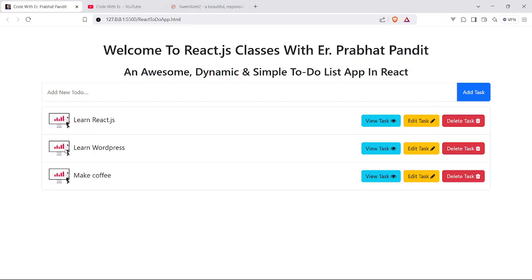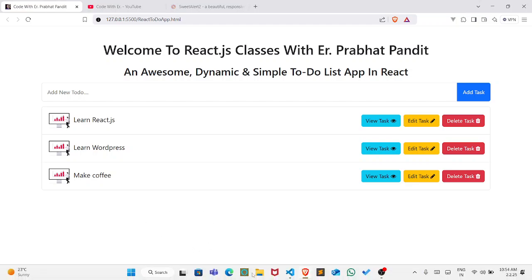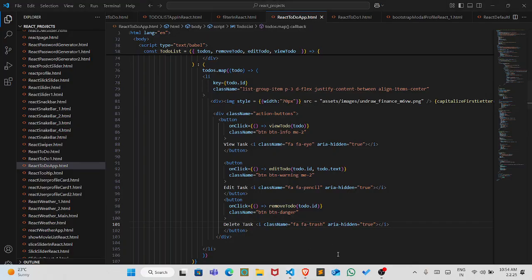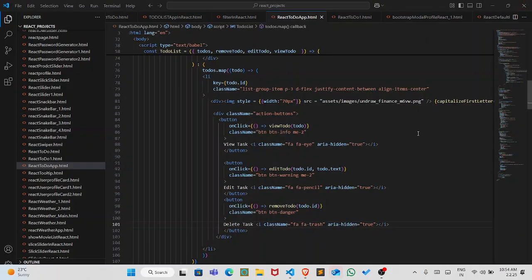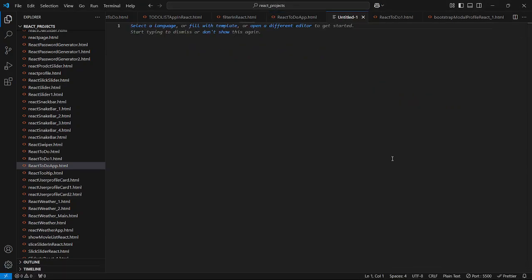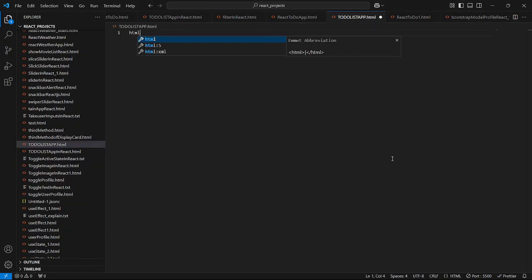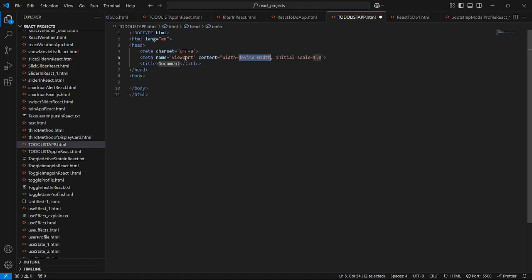Okay, so let me go to the code editor first. I'm going to use the VS Code editor here. You are free to use any IDE of your choice or preference. I'm going to create one new file, and I'll give the file name as todo-list-app.html. So save the file. I'm going to create the first HTML here, and give the page title as well, Code with